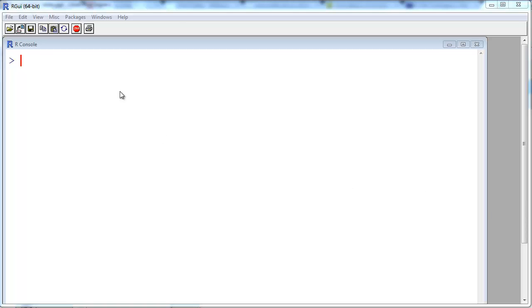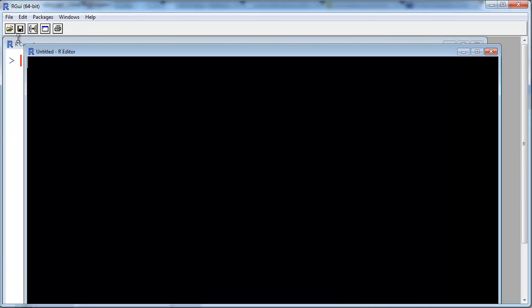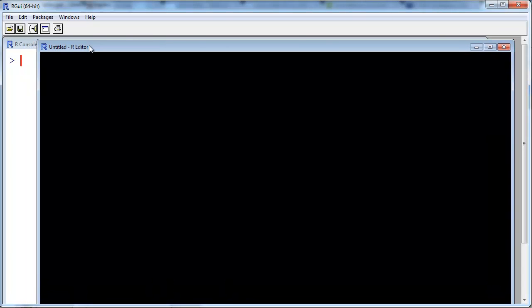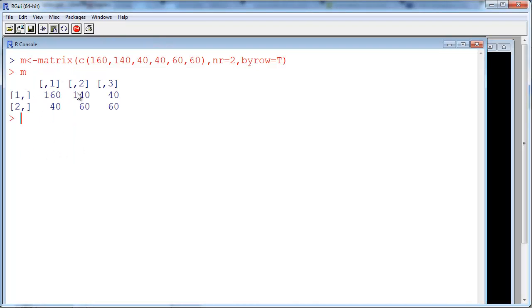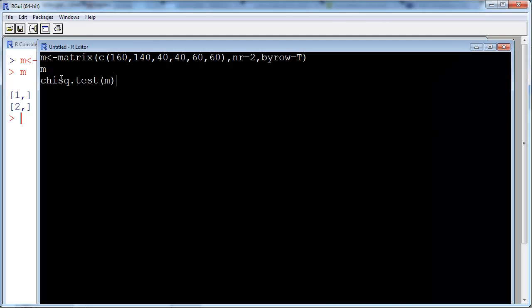So you open a new script: go to File, New Script, then copy paste what you have in the description of the video. This matrix is the contingency matrix. Say we have 2 rows here, so we write nrow equal to 2. If you have 3 rows, you write 3. Let us first run these 2 lines. You select them, hit the run button, and you can see this is our contingency matrix. We want to run the chi-square test on this contingency matrix, so you have chi-square test running on this matrix M. You select this, hit the run button,